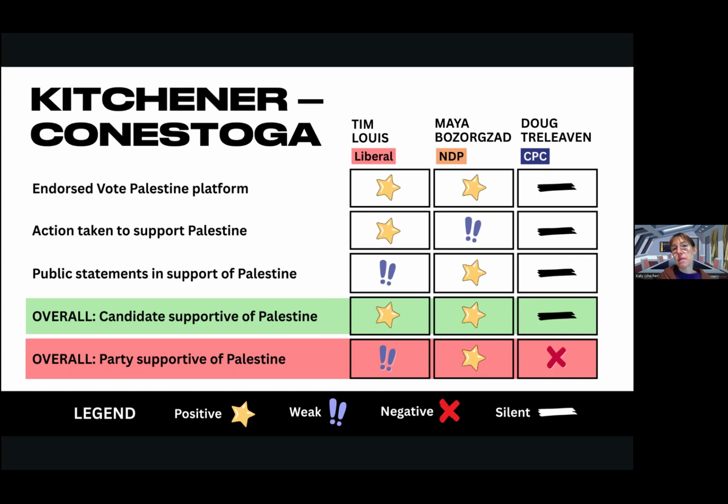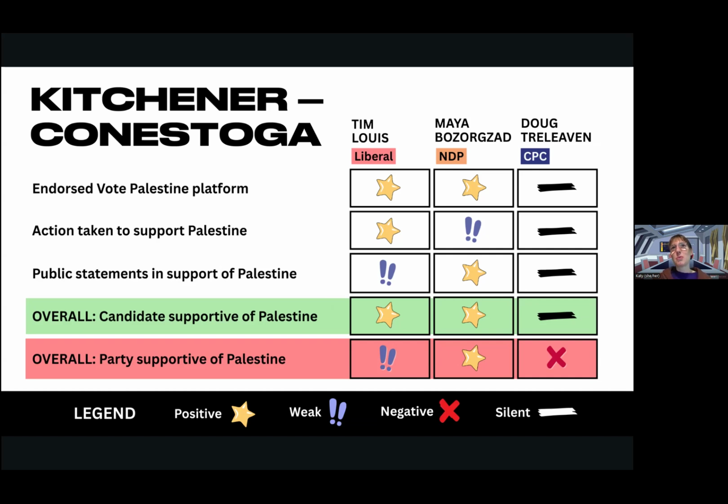Maya Bozer, actually, I'm not sure how to say Maya's last name. The NDP candidate, again, has made public supports and statements in favor of Palestine, has been active on social media, sharing her endorsement of the Vote Palestine platform, but relatively weak. We couldn't find as much information about actions that she's taken. And so there, sometimes the public statements versus actions can be